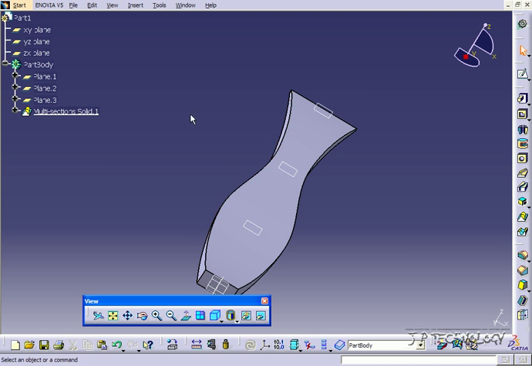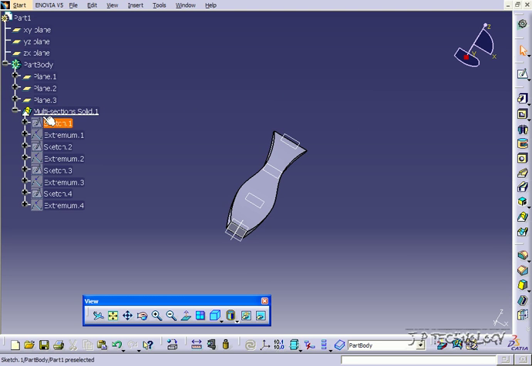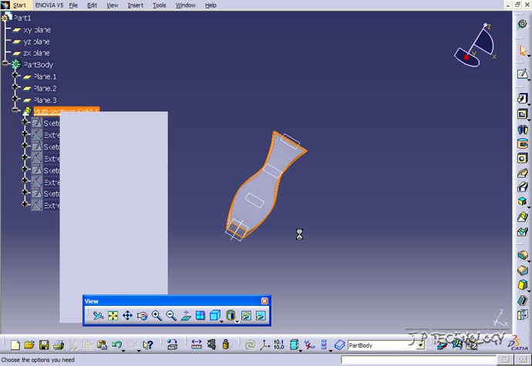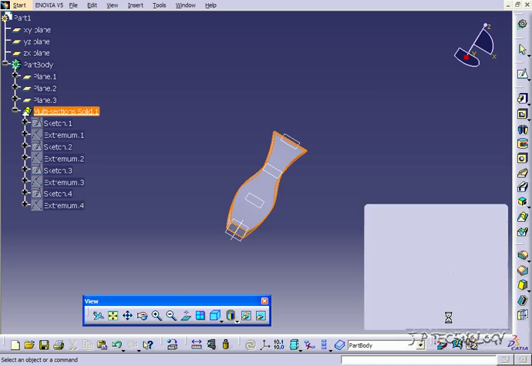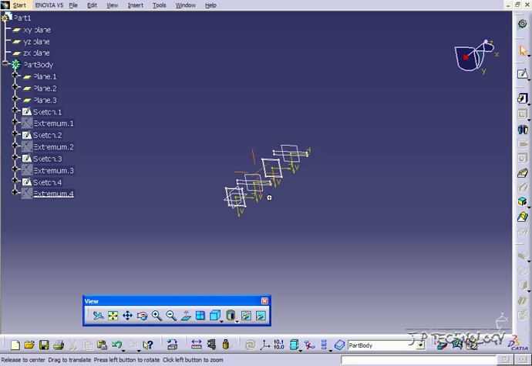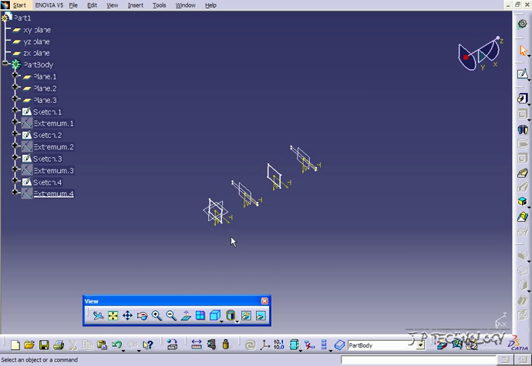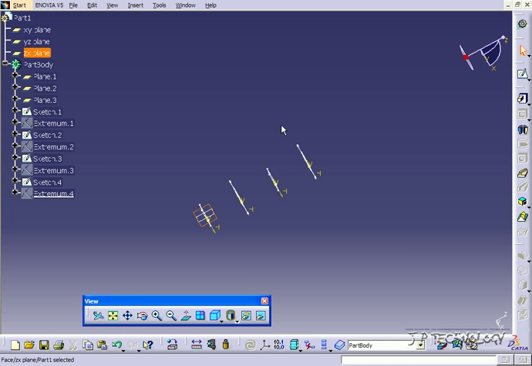going up and around. So to start off, we're going to right click and delete this, and we're going to unselect the aggregated, click OK. So now we're still left with these sketches here. What we're going to do is sketch on this plane here and slowly build all these sections together and give it a different kind of flow and a different curve. So let's click this plane here, click sketch,